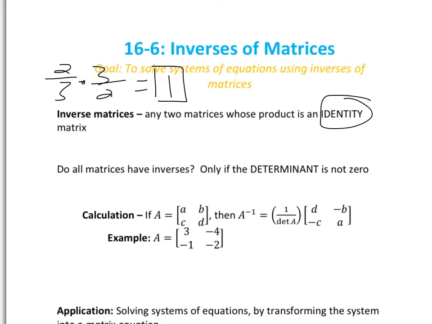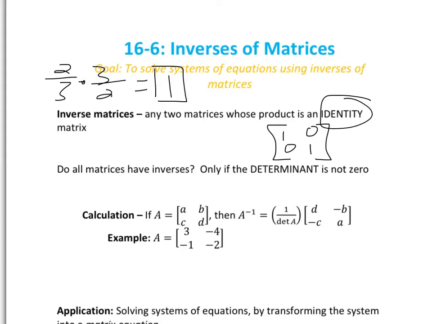So we know the identity matrix, right? All the main diagonals are 1, and everything else is 0. Alright, so it's got to be a square matrix. That's a 2x2 one. It could also be 3x3, 4x4, so on and so forth. We're just going to be talking about square matrices here because those are the only ones that have